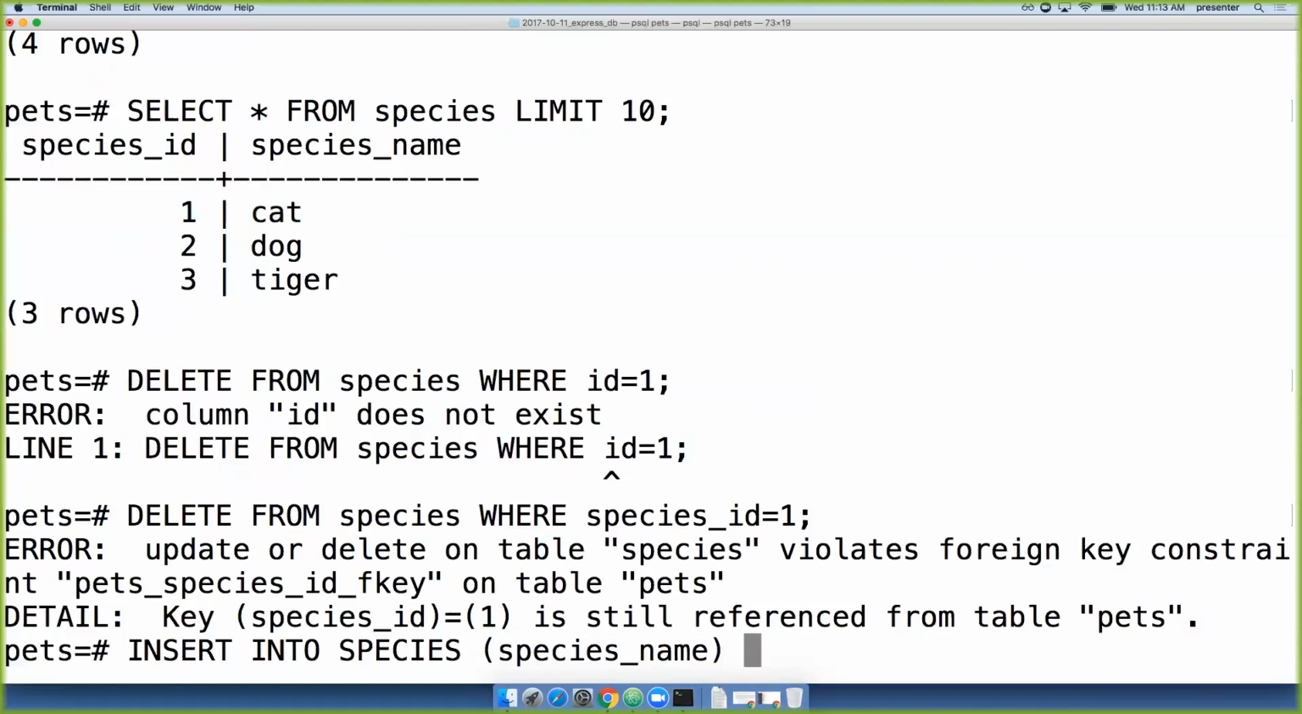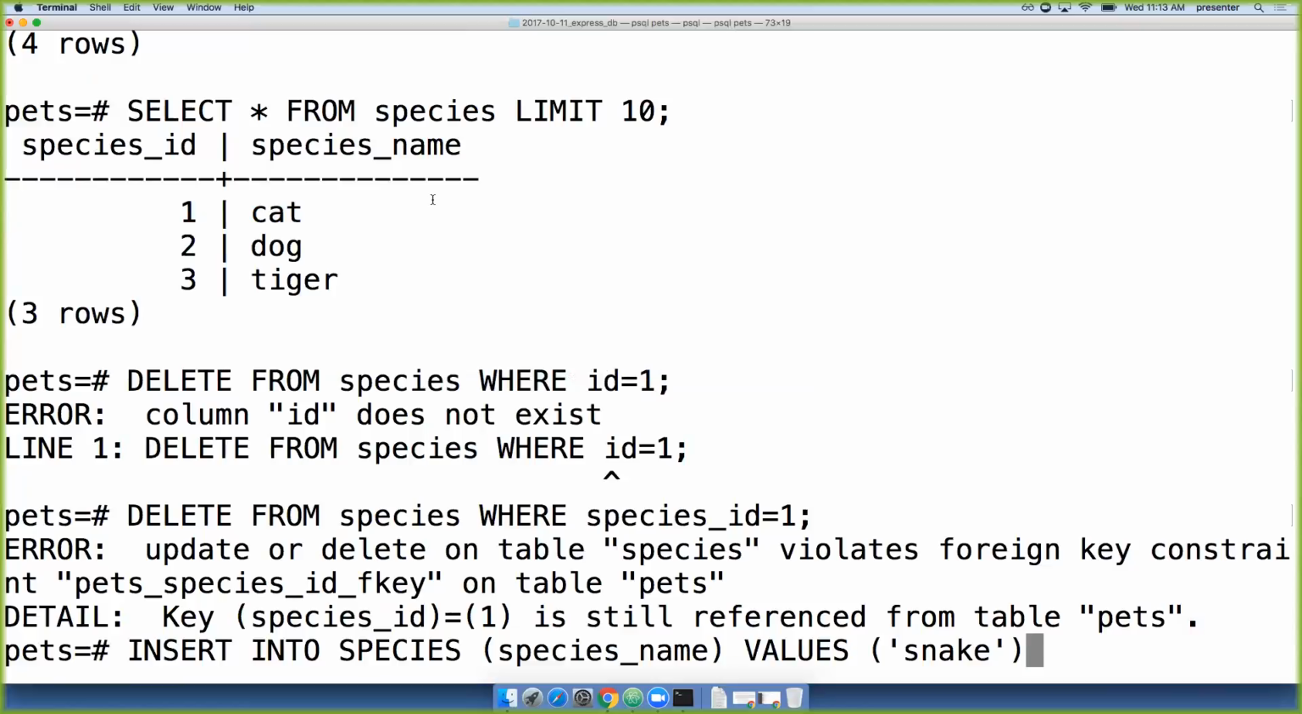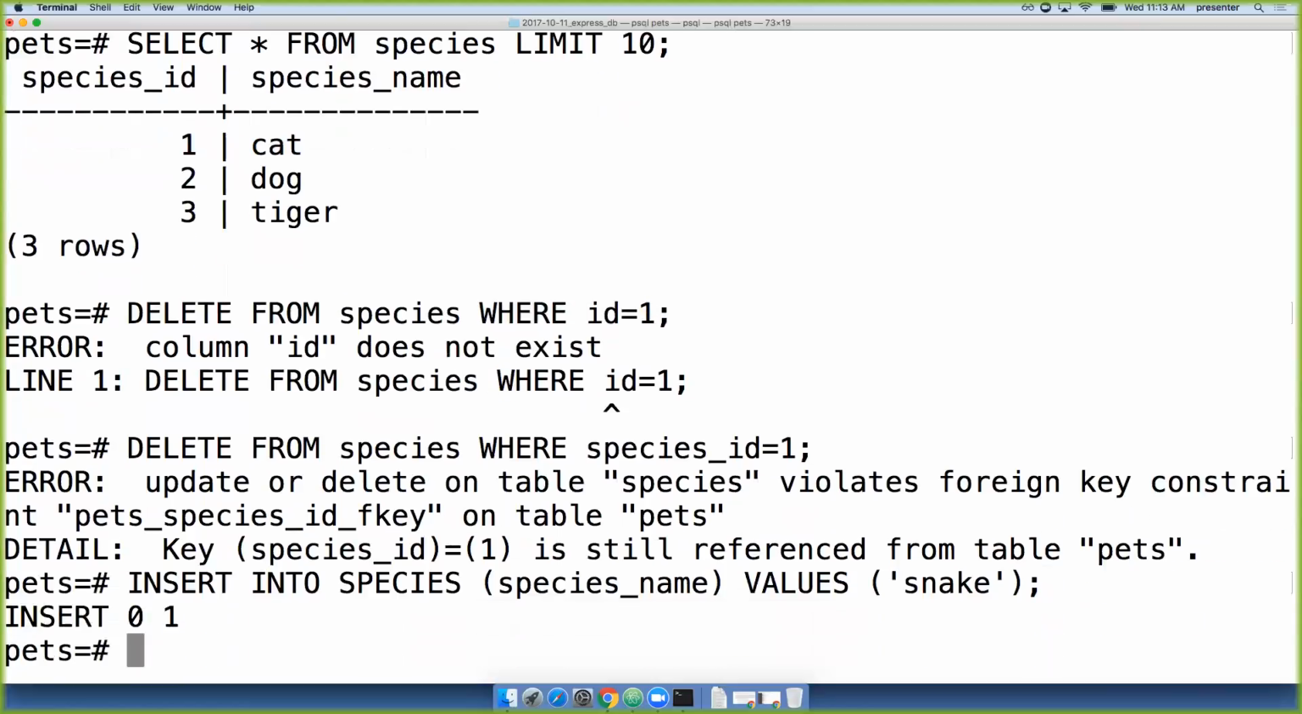species name, values, and what species do we want to insert into there? Okay, and why do I not have to specify the species ID? It's going to automatically assign one because it's the next one. Yes, because my species ID is serial, it'll get automatically assigned. That's the word. Thank you for using the language. All right, so now if I select star from